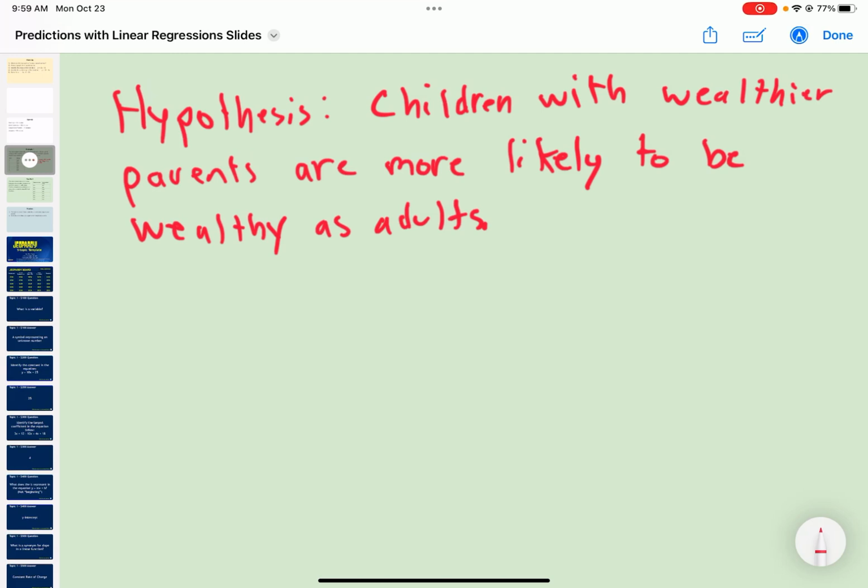All right, y'all, welcome to this video on linear regressions. We're going to continue to work on what we did in the last video where we look at data, we're able to plug it into Desmos, find out what the correlation coefficient is, and figure out the line of best fit. But I really want us to take a step back and understand the purpose of this,